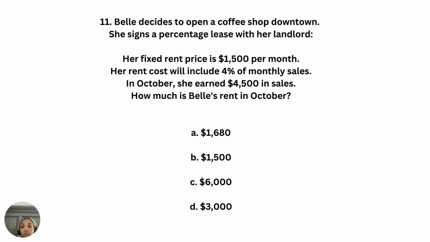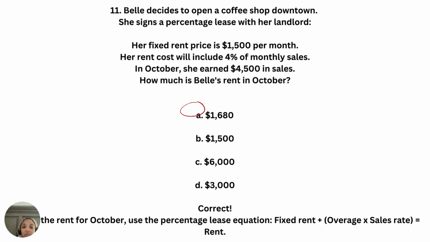So here's the thing that I don't want you to do, because I think, Kelly, what you just did, I know I tell you guys when you see the questions like flashcards to go ahead and say, oh, that's it. Already have an idea that that's it, but read the rest of the question. I always tell you, read the darn question. You have to read the whole thing. So Kelly, you saw her fixed rent and you said 1,500 because you're looking at it as a fixed rent. But again, we just said that she has a percentage rent. She does not have a gross rent. She would be paying 1,500 per month if she had a gross rent. She doesn't. She has a percentage rent. Okay. So yes, most of you guys are on the right track.